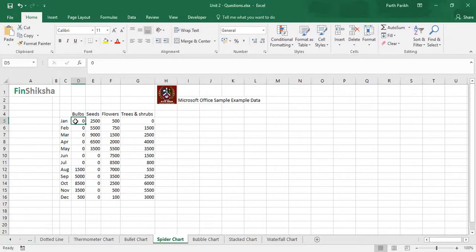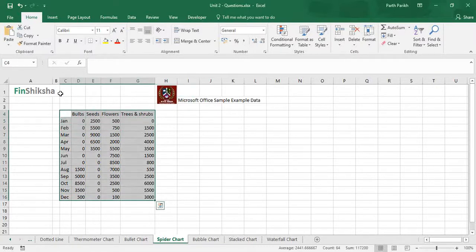So what exactly we are trying to achieve over here is the expanse of bulbs in terms of sales with relation to months. Same with the seeds, same with the flowers, same with trees and shrubs. Just hold on to your thought about what I'm trying to convey till we actually implement the chart. So to implement the chart, just select the database like the usual procedure.